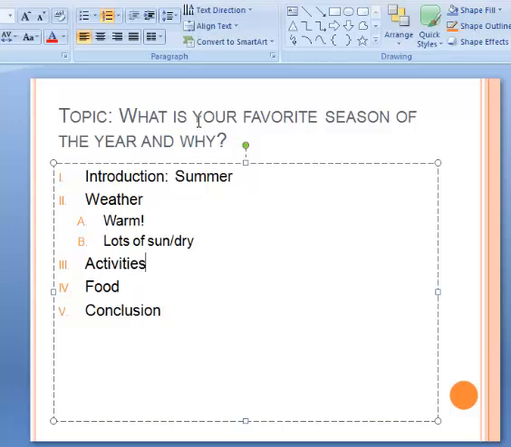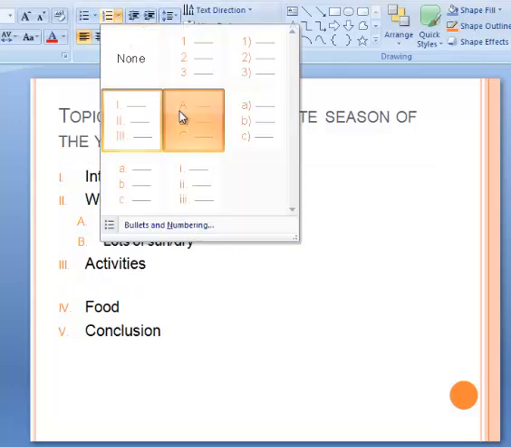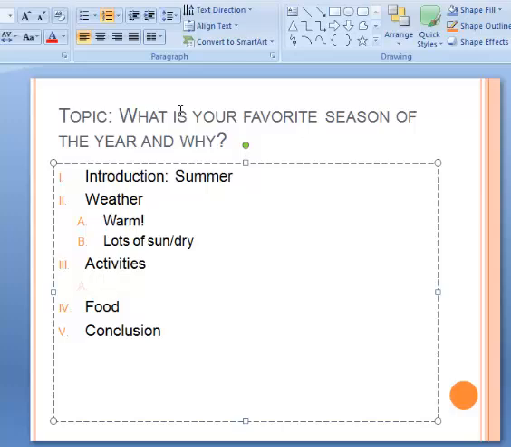Now, I kind of did this on purpose where I had lots of sun and dry as my last point about the weather before I move into activities, because I've actually started thinking ahead already, and I know that lots of sun and dry weather segues perfectly into the activities that I like to do in the summer, such as